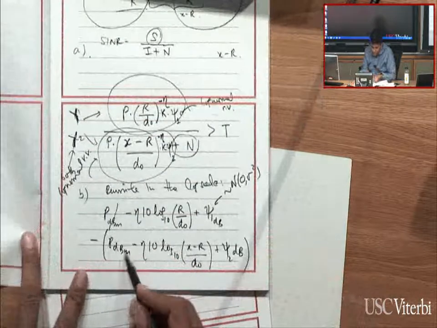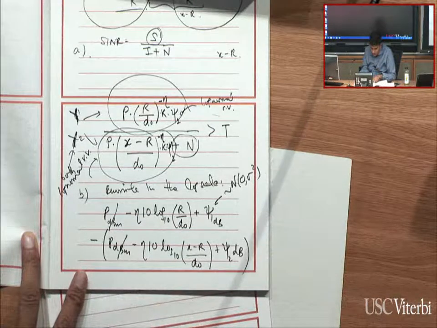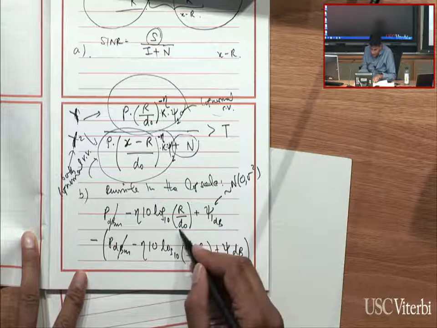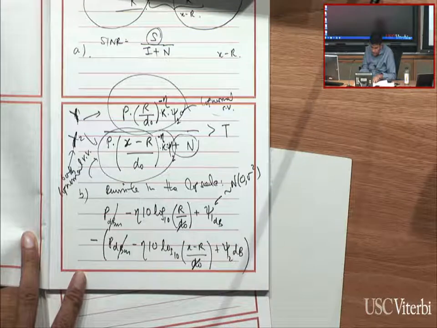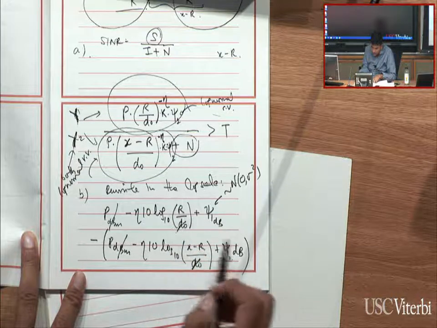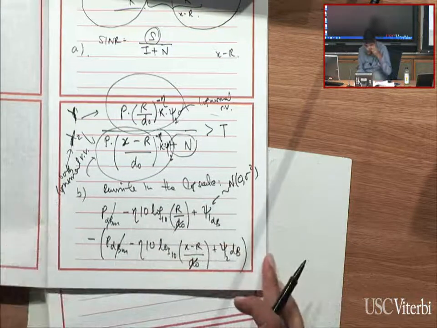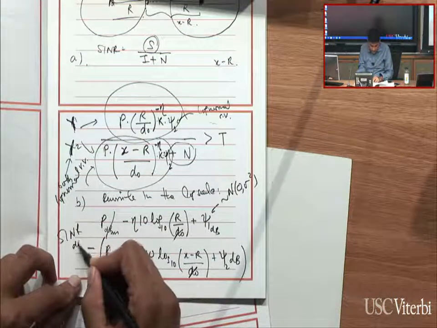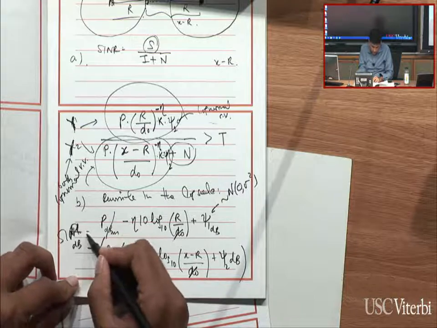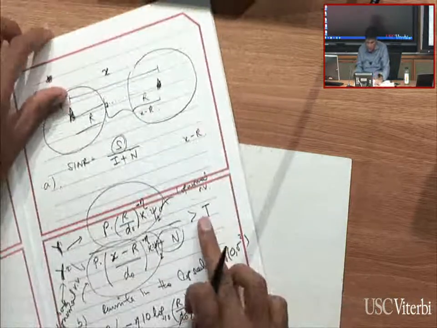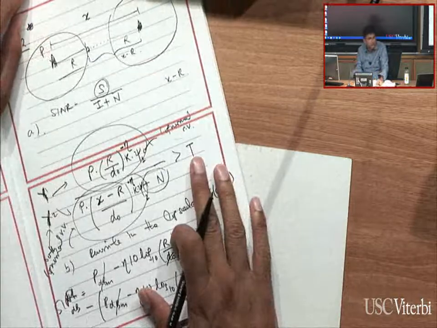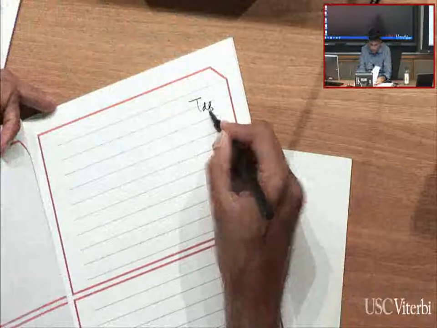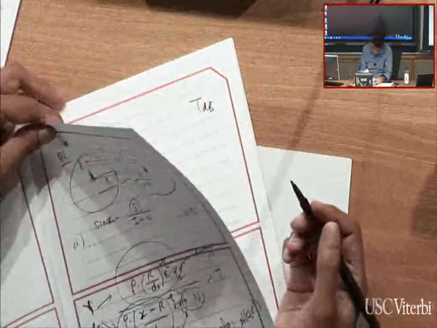And so a bunch of these terms basically end up canceling out. This D0 and this D0, because of all of the other terms, will cancel out. So you're basically left with something like this. And so this is the SINR, if you will, in the dB scale, or SIR. You can also take the threshold in the log scale, so 10 log 10 of this T is also just some threshold, TdB. And so the condition we're interested in looks something like